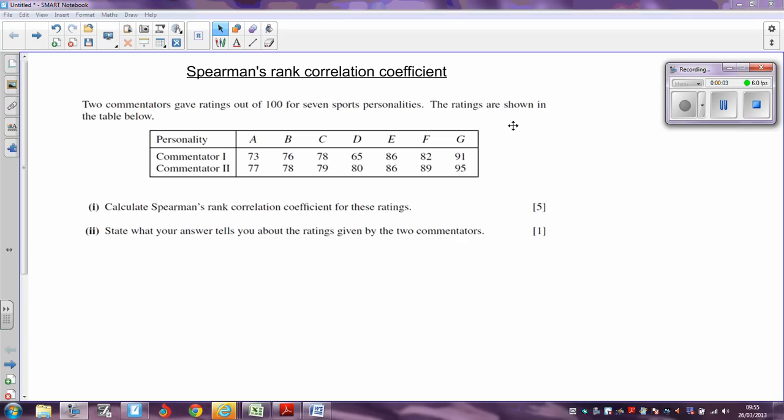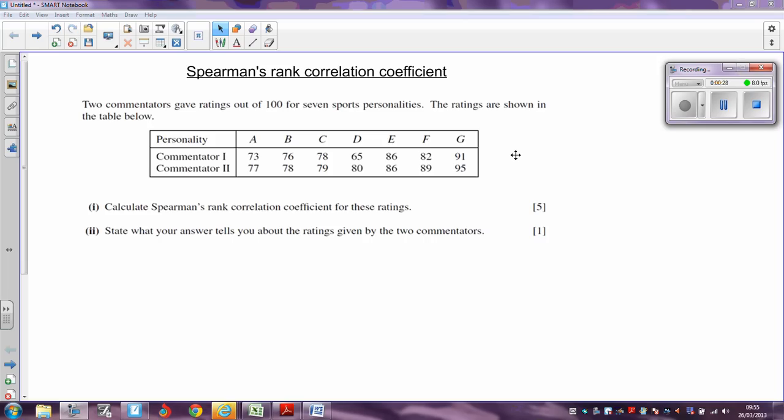Okay, Spearman's rank correlation coefficient is used in a similar way to the product moment correlation coefficient to try to find out whether there is a correlation between two sets of variables. The difference between Spearman's and the product moment correlation coefficient is that Spearman's is used when you have data which is ranked. In other words, someone or something has somehow ordered the data, usually by using some sort of